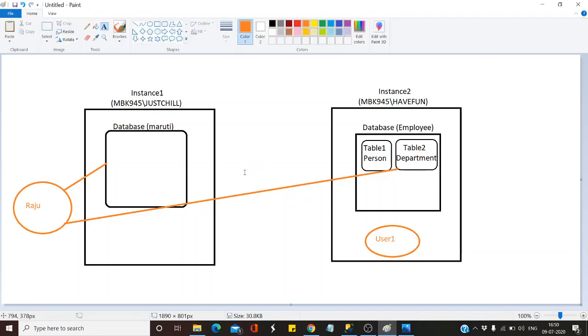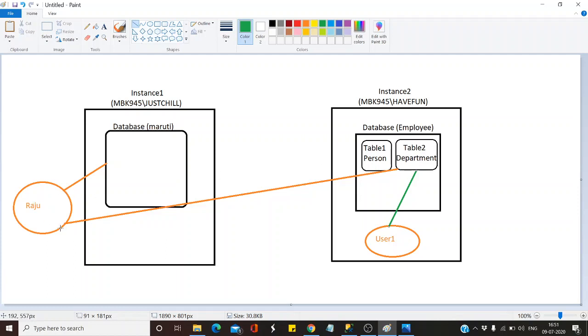Raju wants to just view the contents of the department table in the employee database. So we create a login user1 in instance 2 and give read access to the department table. So user1 has view access for the department table.